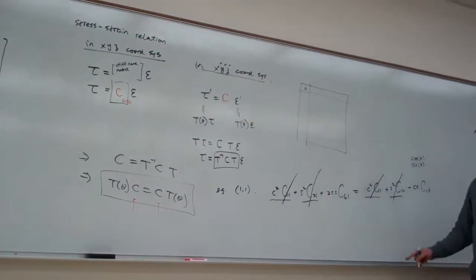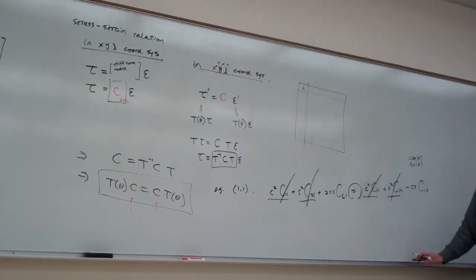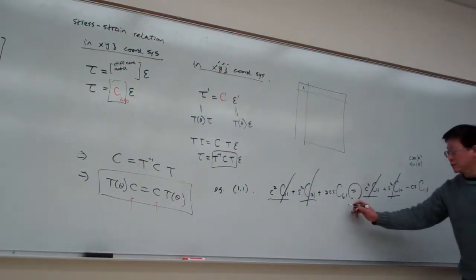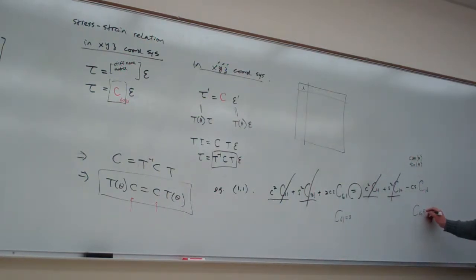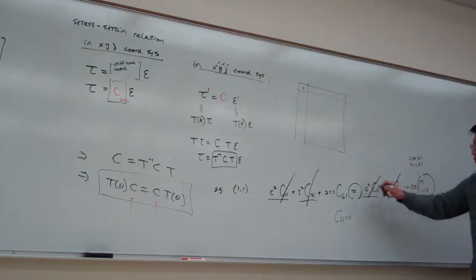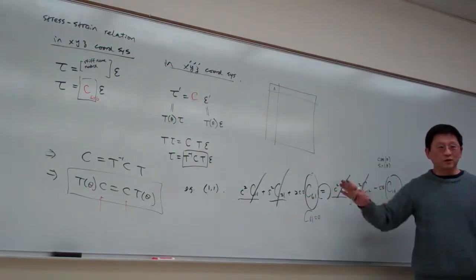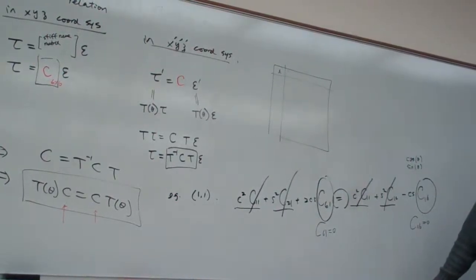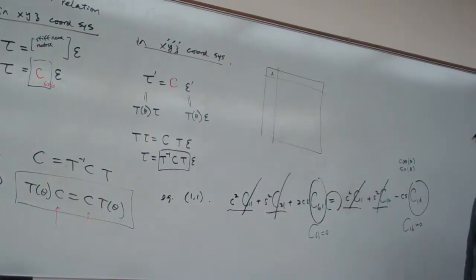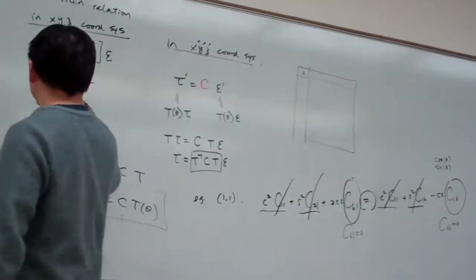So to make this side equal regardless of the value of theta, the best way is simply to make C61 equal to 0 and C16 equal to 0. If this coefficient becomes 0, then it doesn't matter how theta changes, we will make the equality hold. So that's the key. So in this way, C16 is 0. So that means here, at least this element, that